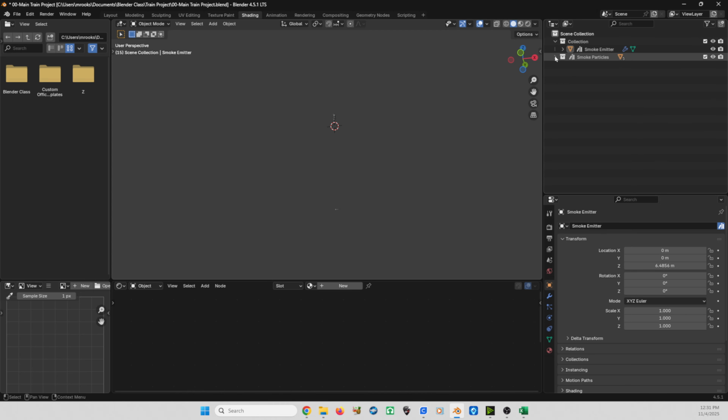And let's go ahead and make a new collection that we're going to use to keep things we're not using hidden. So we have a new collection. Let's name this Hidden Objects. There we go. And we're going to move the smoke particles, just drag that into Hidden Objects,